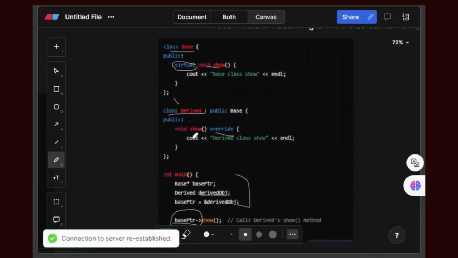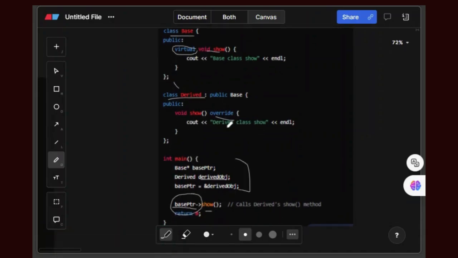This is method overriding. The show function is present in both classes, but since the base class function is virtual and the derived class function is override, the derived class function is called. This happens in dynamic polymorphism.